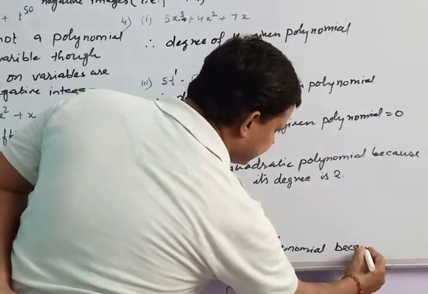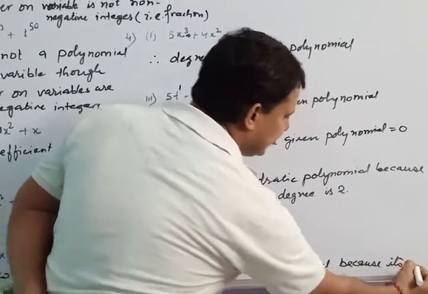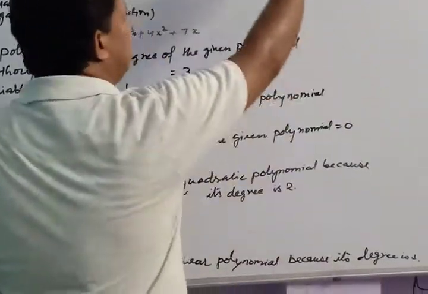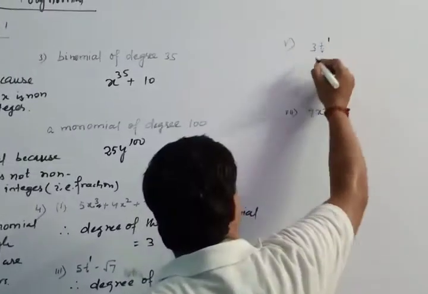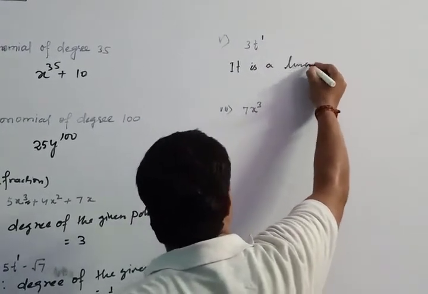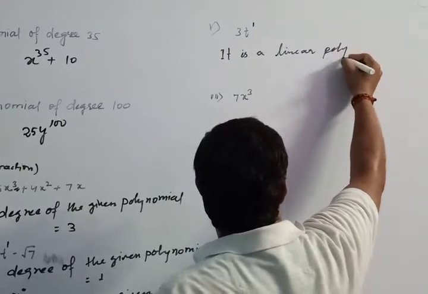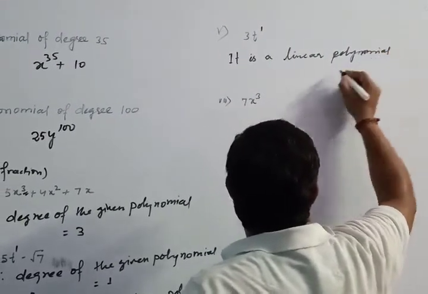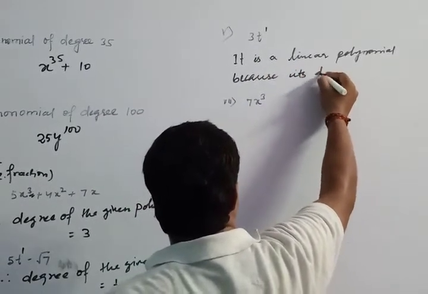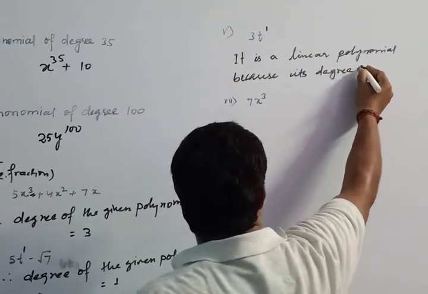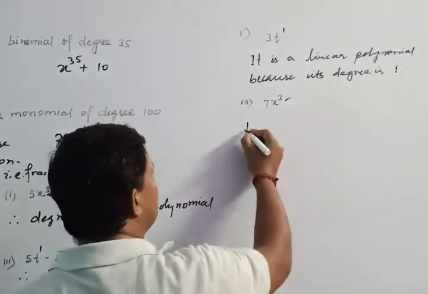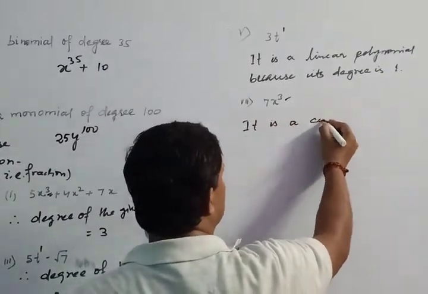because its degree is 1. Here 3t means t to the power 1. It is a linear polynomial because its degree is, here the degree is 3 because the power is 3. It is a cubic polynomial